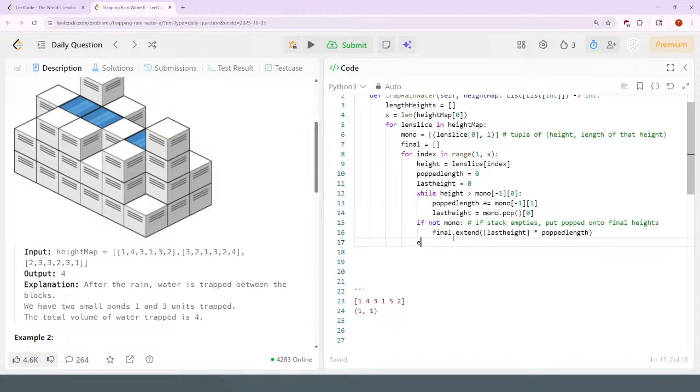Else, if there is something left on the mono stack, like say there's a 4, 3, 1, and then another 1. I want to consolidate the ones. So if... else